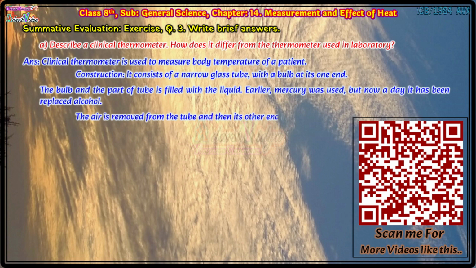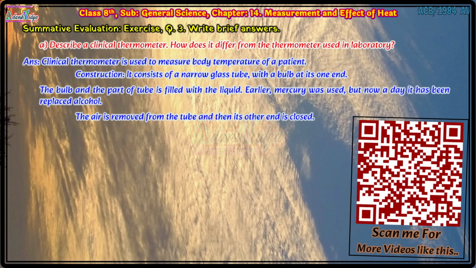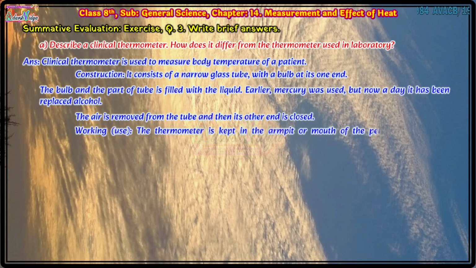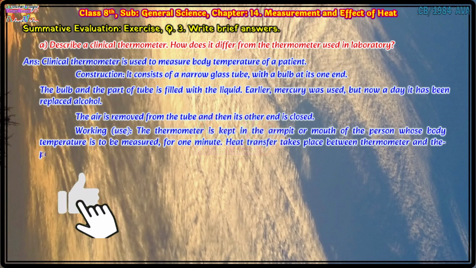The bulb and part of the tube is filled with the liquid. Earlier, mercury was used, but nowadays it has been replaced by alcohol. The air is removed from the tube and then its other end is closed. Working: the thermometer is kept in the armpit or mouth of the person whose body temperature is to be